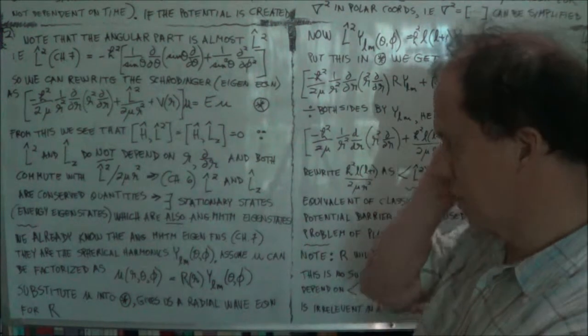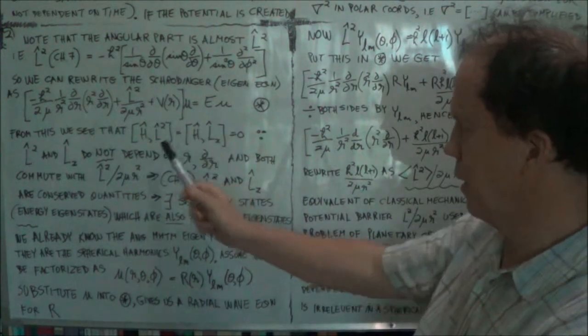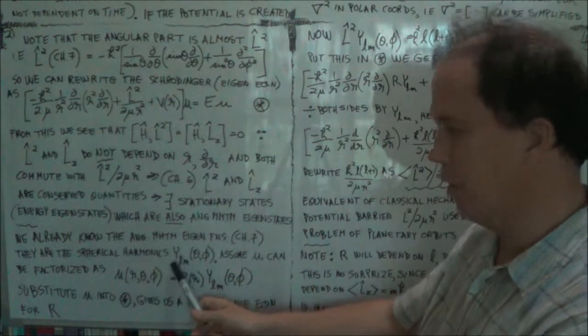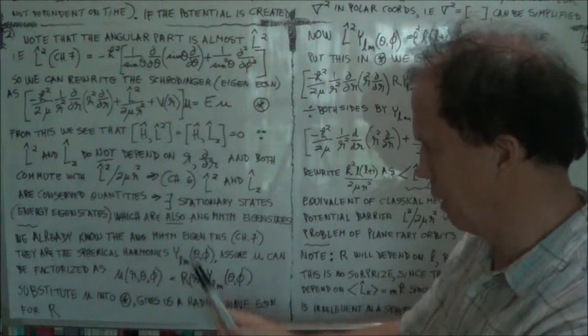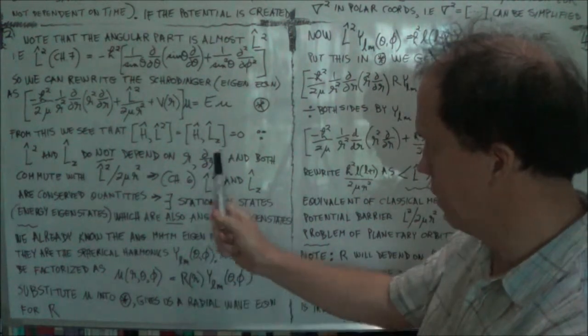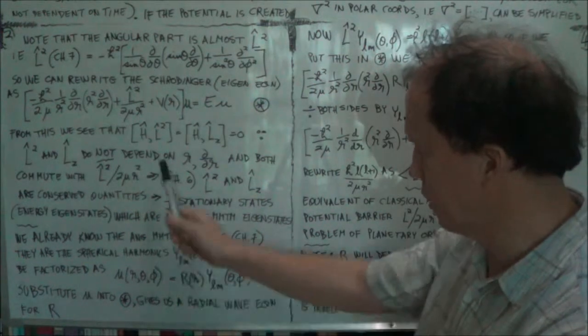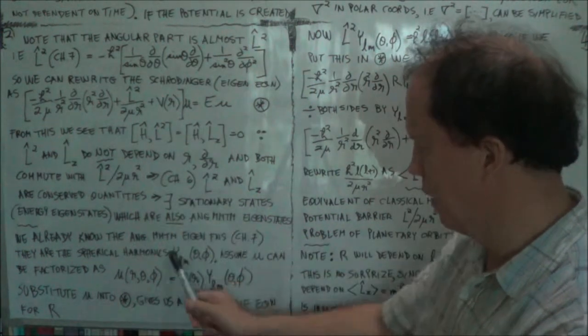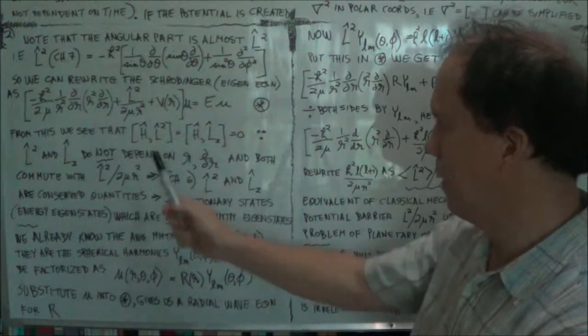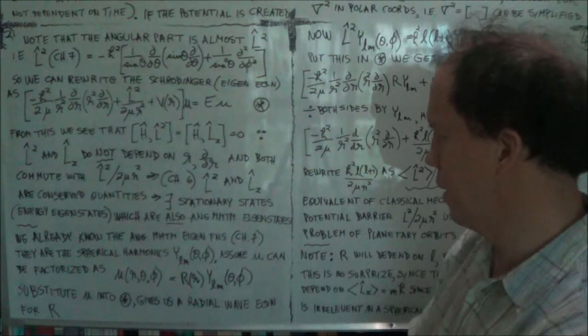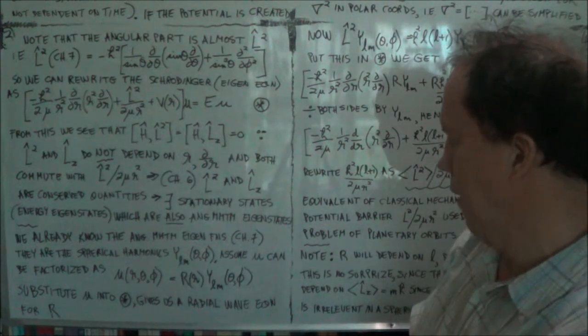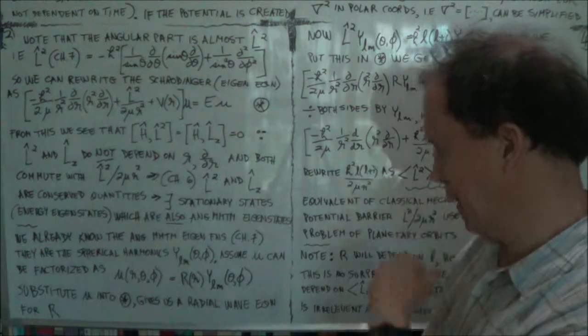Alright, now what are the eigenstates of the angular momentum? Well, I was just saying before, they're the spherical harmonics, right? We did that in the previous chapter. So the eigenfunctions of this operator and this operator are this, and for the Hamiltonian H as well. Alright, now it's not quite as